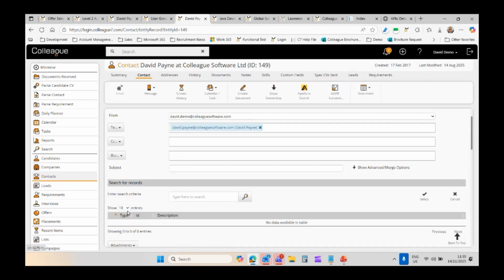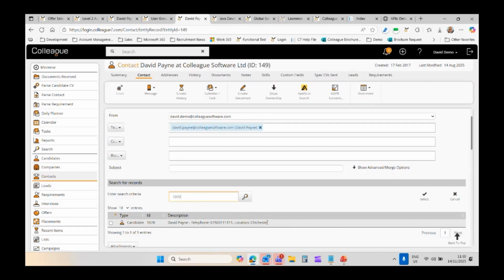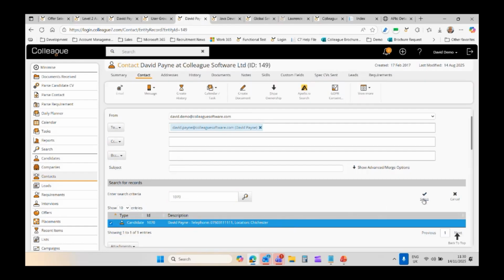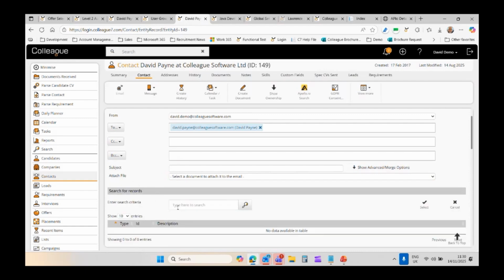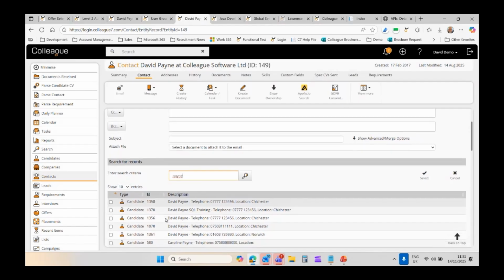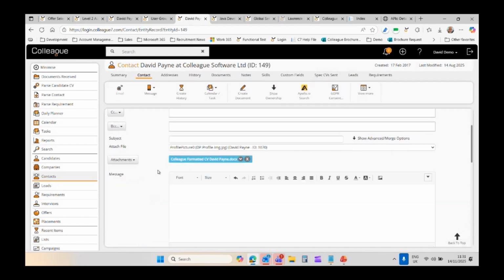So you can now click on that. But what was raised before was that you could look up a record and select that record, but the default document wouldn't then come through. I've chosen a bad record there as an example. Try this one instead. Nope. There you go. So what it's done is automatically attach the default document of the candidate record when